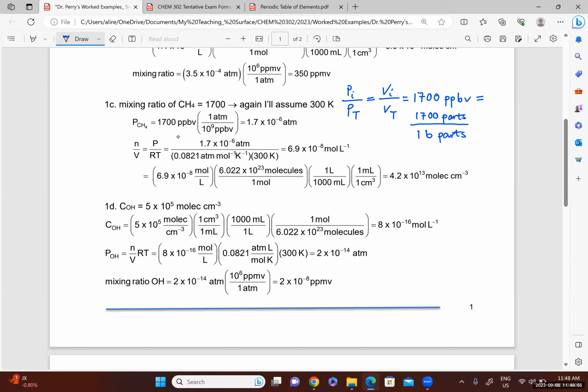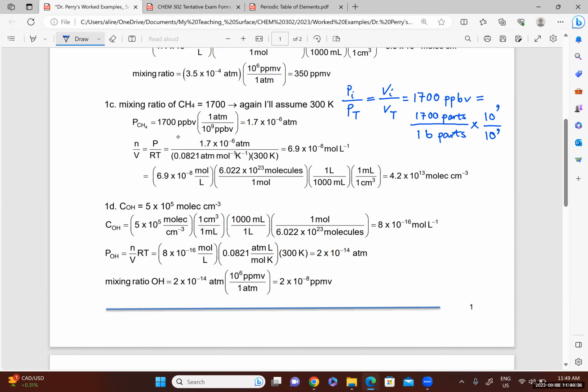All right. But what we want at the very end is part over part, atmosphere over atmosphere. Now we're going backwards as compared to what we did in part 1A. Okay, how to do that? It's simple. We are going to go from parts over 1 billion parts to parts over parts. So what we need to do is to convert this 1 billion parts just to parts. In order to do that, we multiply this by 10 to the 9, divided by 10 to the 9, because